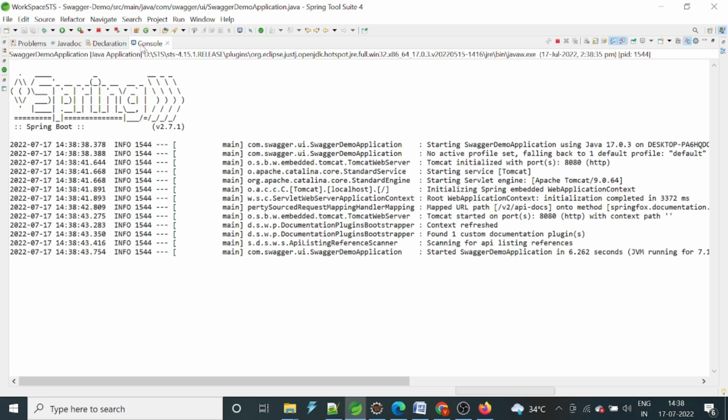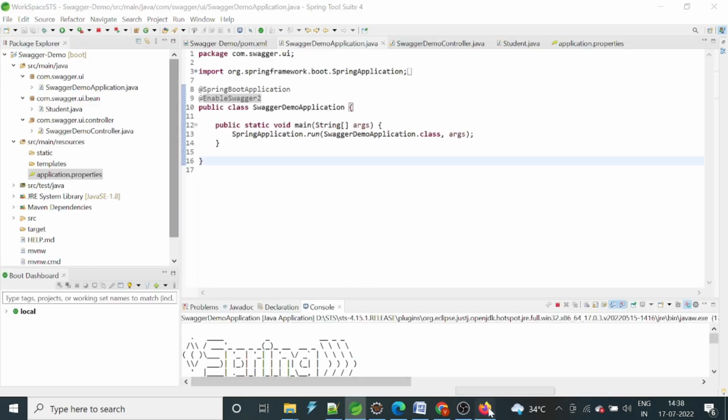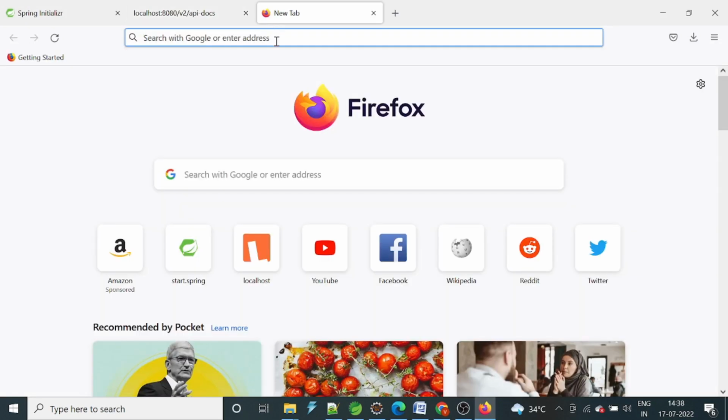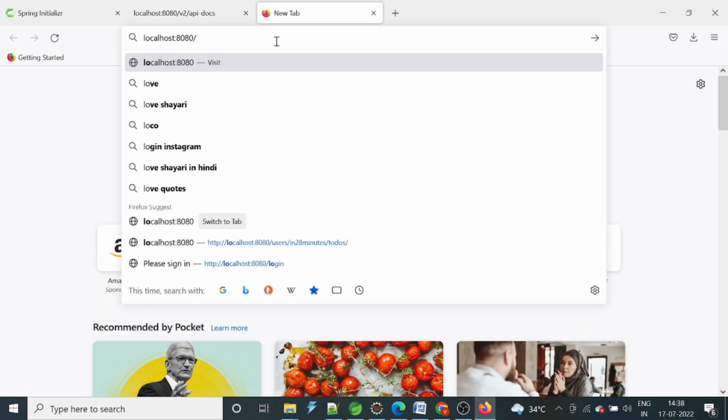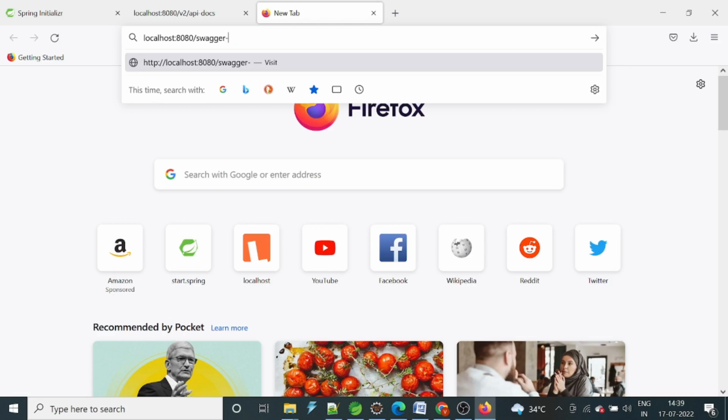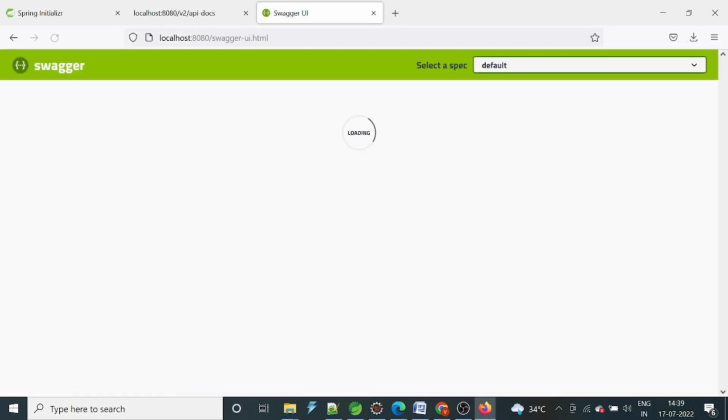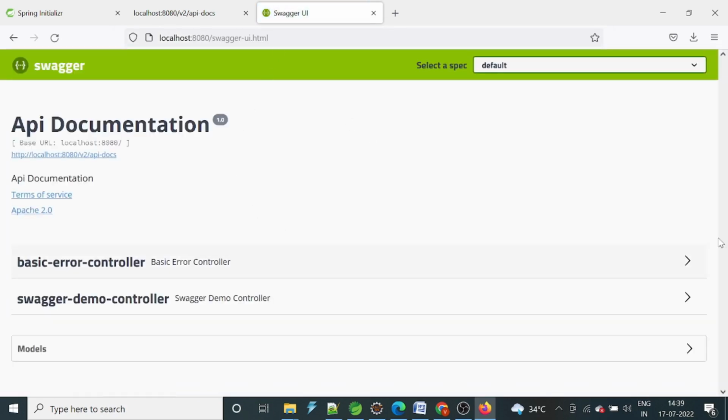Okay, now localhost, and for Swagger UI we need one Swagger UI path, like localhost 8080 slash swagger-ui.html. Okay, so now we can see